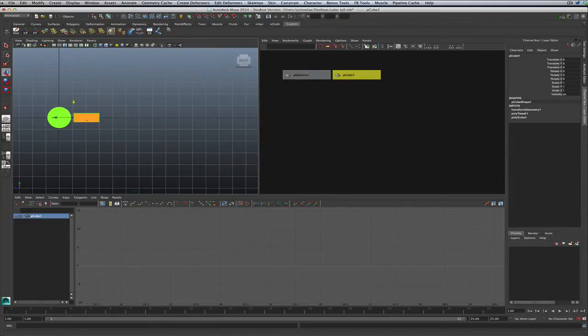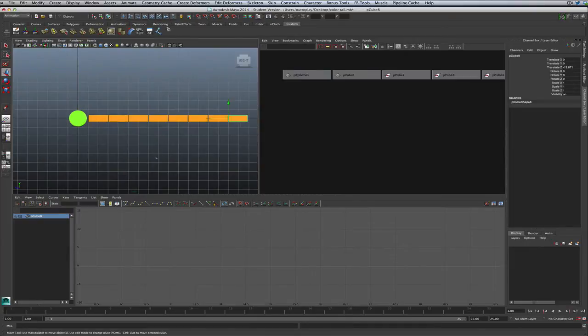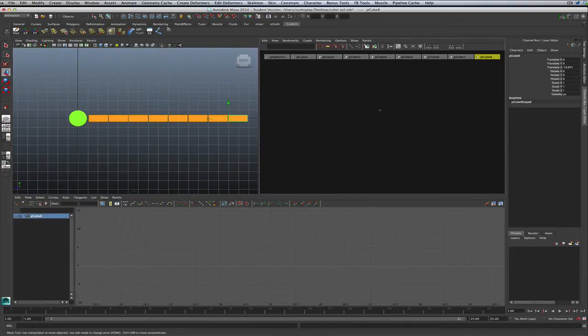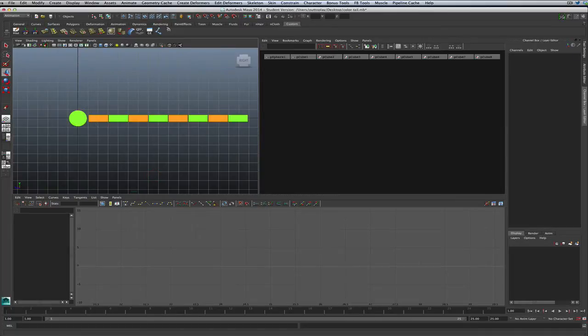So what I'm going to do is I'm going to duplicate this out and make the rest of the tail. So I'm going to do a Control-D on this, and I'm going to slide this down to about there. Then I'm going to hold Shift-D and go 3, 4, 5, 6, 7, 8. Okay, so now I got 8. If you look over here, there's our 8 nodes right there. Only variation I want to make on this, just to make it a little bit more visually interesting, is I want to grab every other one, and I have 2 surface shaders. So this way I get that set up and it's a little bit more interesting to look at.